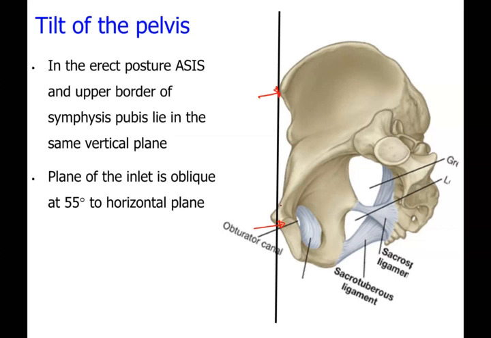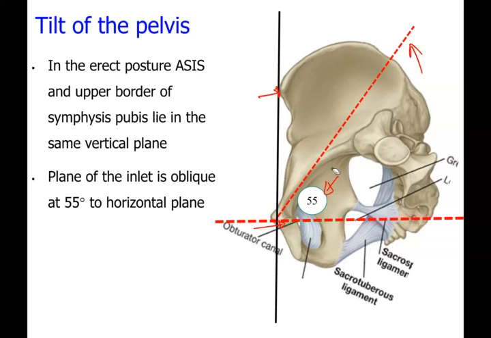And the other point is, if you take the horizontal plane and the plane of the pelvic inlet, now this is the plane of the pelvic inlet or the pelvic brim. The plane of the pelvic inlet in the anatomical position is about 55 degrees to the horizontal plane. And if this angle becomes more than 55 degrees, the tilt of the pelvis becomes more than 55 degrees to the horizontal plane, then there can be problems during delivery of the baby,